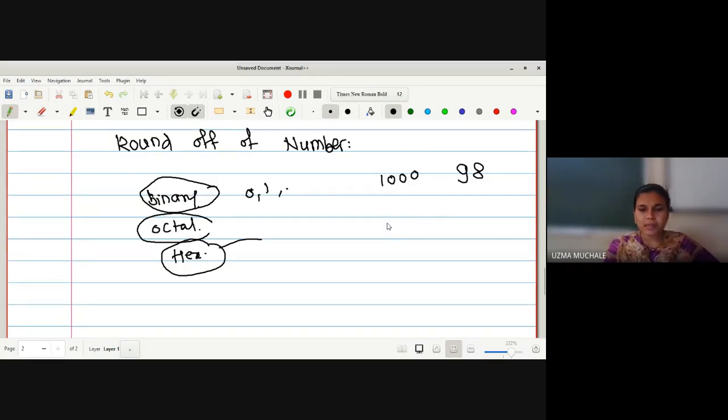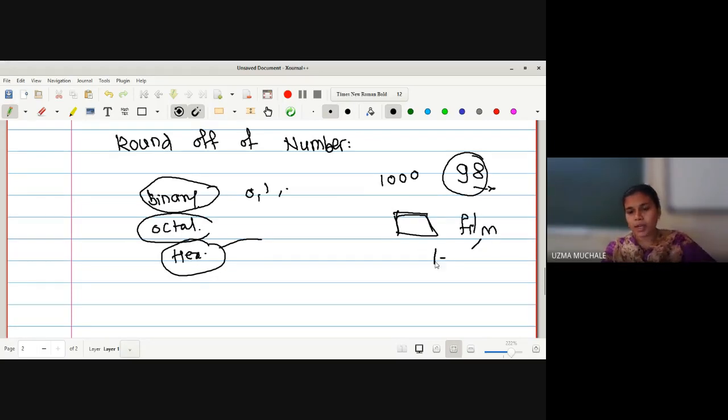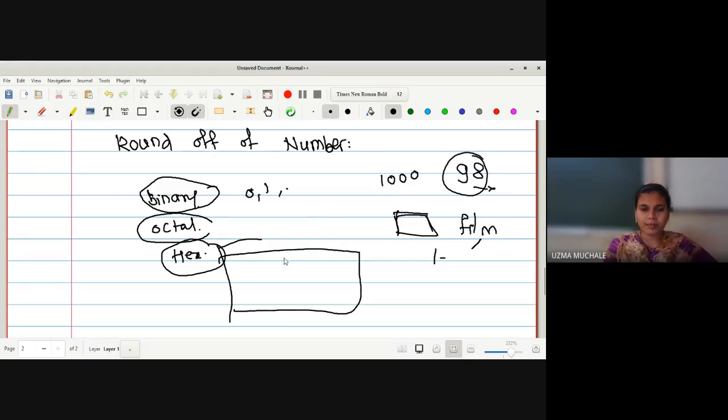Here also, suppose I have some image that has a number, say 98. If you want to write down the number 98, that is also stored in the form of 10. So what will be the case for any image or any film or any video? That is stored in the form of a number, and that will be a very large number. Suppose the image is this one, so it may have some numbers. It is stored in the form of some number.